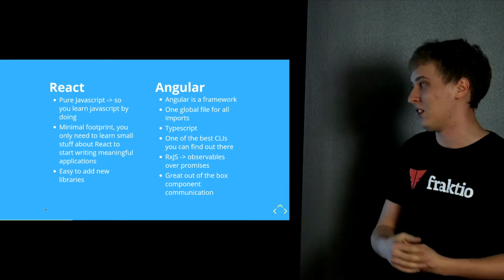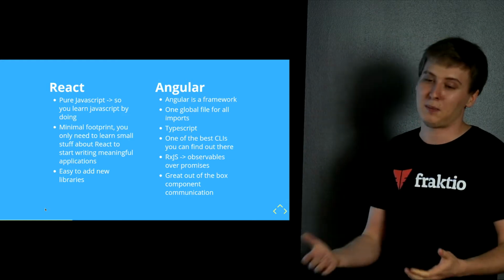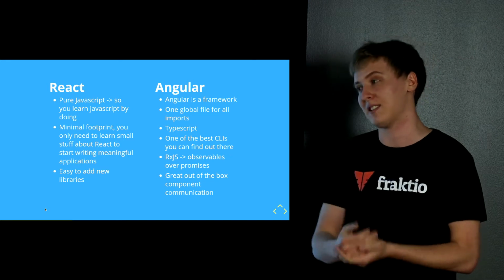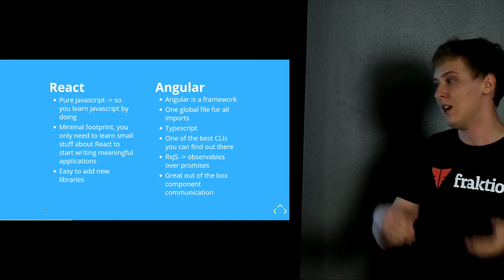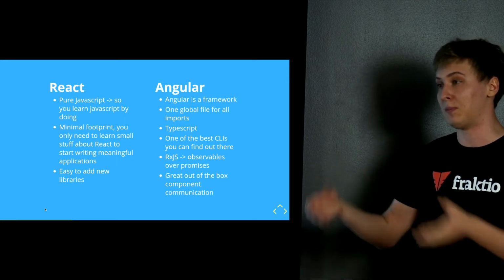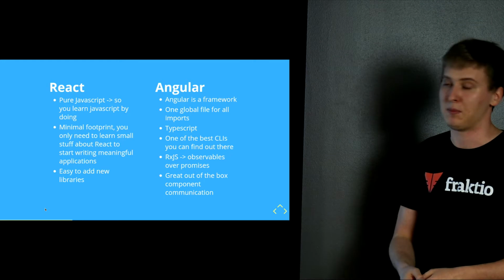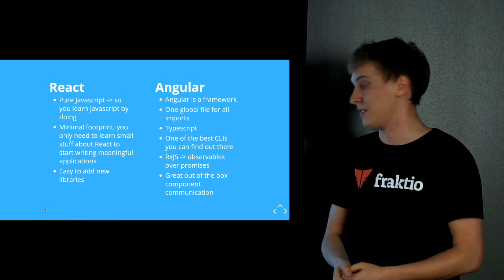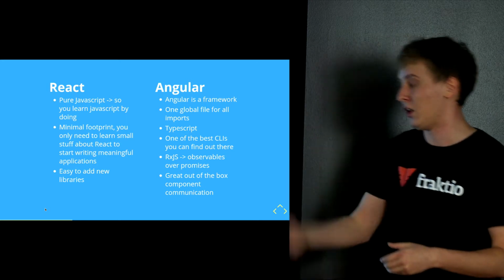Angular has one of the best CLIs you can ever find to date. When you generate a project with Angular CLI, it has tons of options. You can, for example, disable testing. If you don't like CSS and you like Sass, you can enable Sass or Less. You can actually even omit TypeScript and switch purely to JavaScript. There's a lot of talk about adding the possibility to use Dart and compile using Dart files instead. And they have a lot of stuff like AOT compilation, ahead of time. So it has a lot of potential.